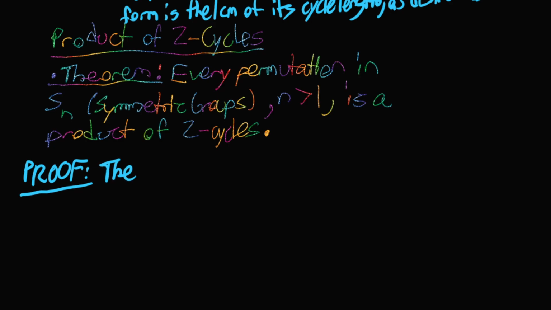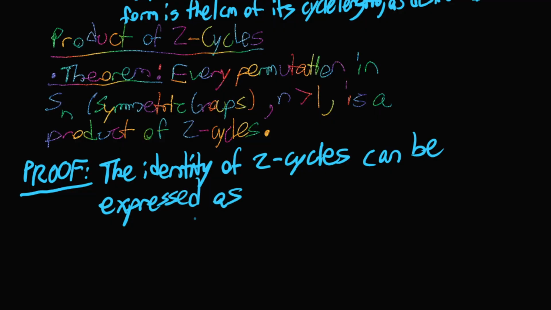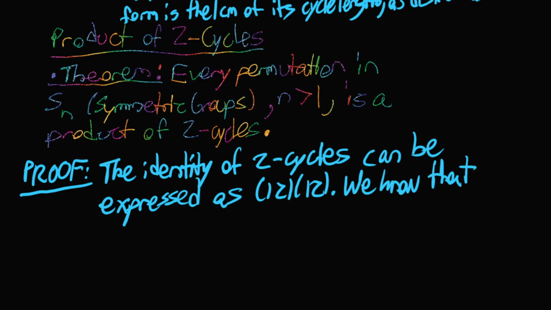So the identity of two cycles can be expressed as (1 2)(1 2). We know that